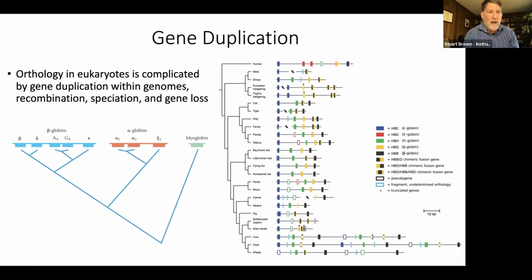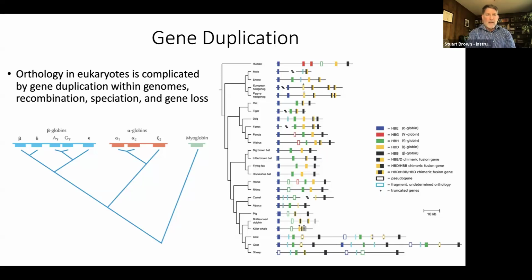Those could be genes that are very similar, or they could be genes that are quite different, so that you could have, say, an additional functional domain added on to a protein in some species. Then there's speciation, where we're creating new genomes that can then evolve separately and develop new sequences. And gene loss can also occur. Either the only copy of a gene can be lost from a particular lineage, or some copies of a multi-gene family can be lost so that we no longer have a perfect one-to-one